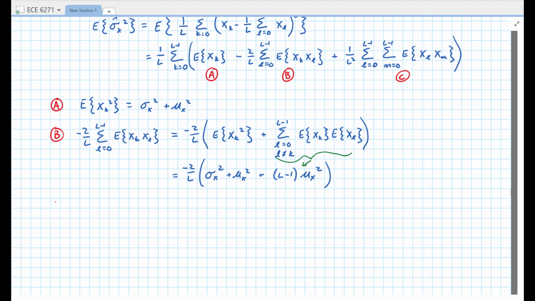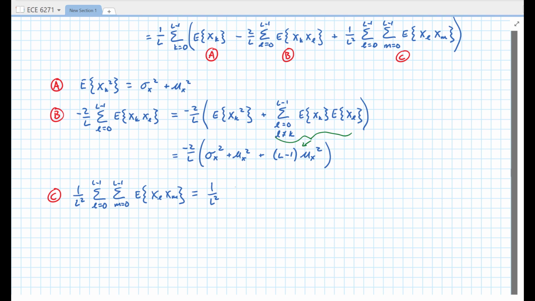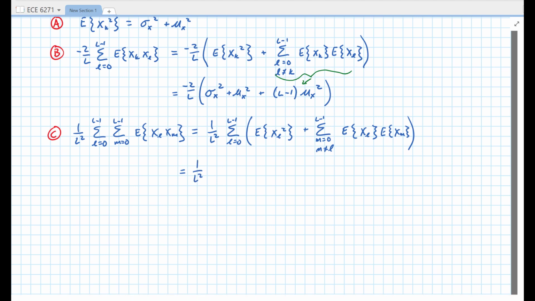We've got one more term to deal with, and that is term C. And it shouldn't come as too much of a surprise, but we're going to deal with this in much the same way we did the last term. So we have our sum over L and our sum over M. And now we're going to pull out when M is equal to L and when they're not equal, just as we did before. So we'll do essentially the same simplifications that we did before. We get 1 over L squared, and now we have a